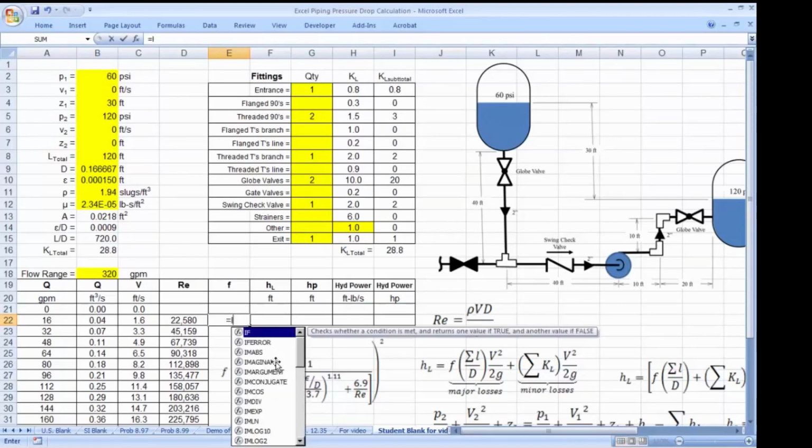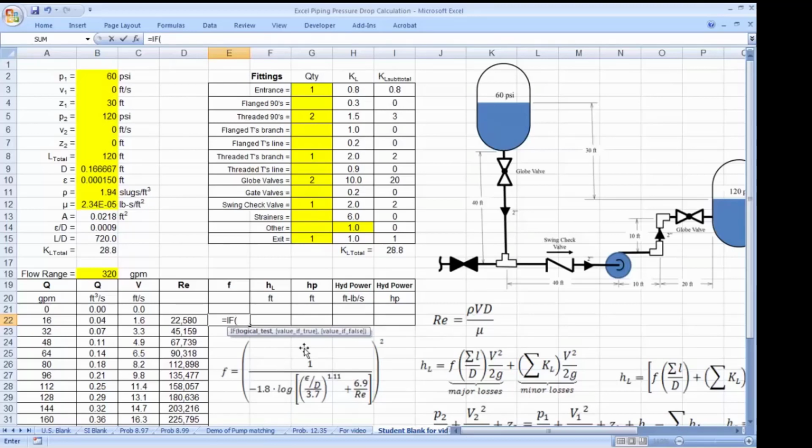I'll go equals IF, and then say if this right here is greater than 2100, then I'm going to use this big equation, which is going to be 1 divided by the quantity of negative 1.8 times the log 10, that's the regular log, of the quantity of the relative roughness that we have up here, but we need to make that F4 because that's going to remain the same,